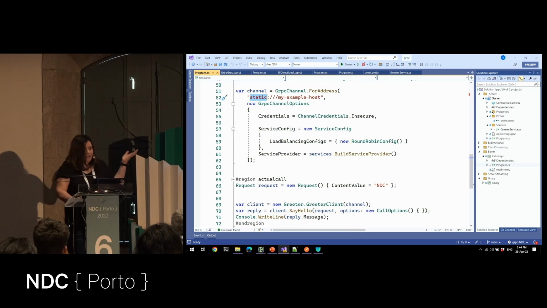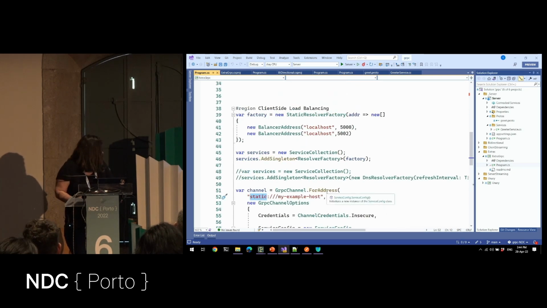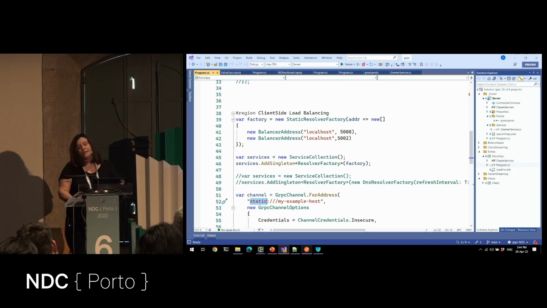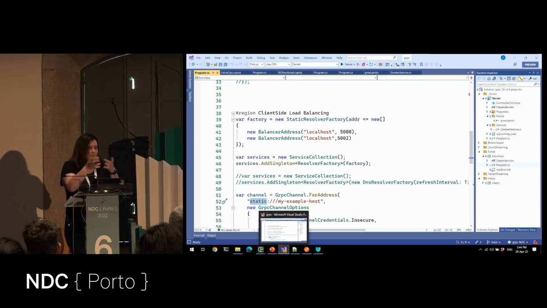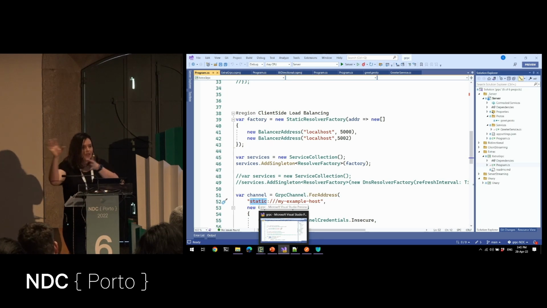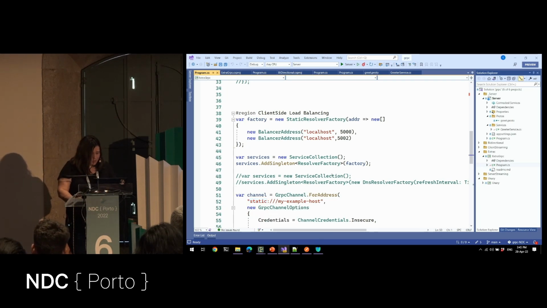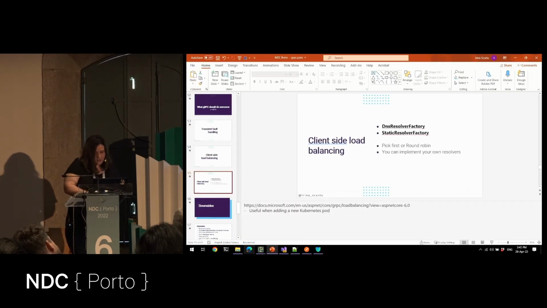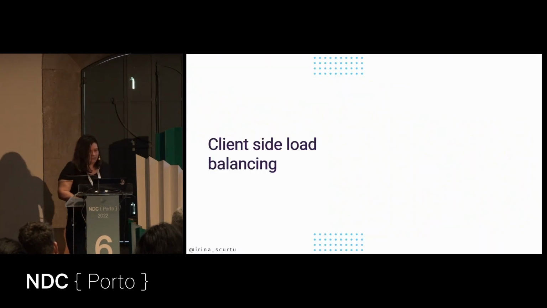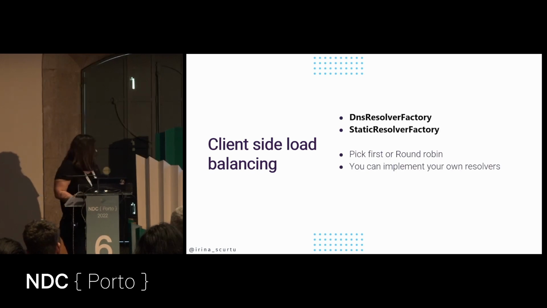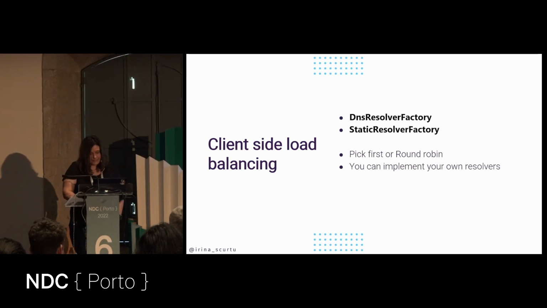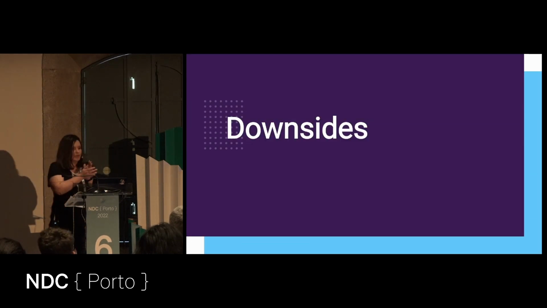So this is what out of the box .NET 6 gRPC does. This thing is pretty new, and I thought it's awesome that they implemented that. I'm thinking about Blazor scenarios, for example. How cool it is to have Blazor instances running in Kubernetes or whatever, and just spin up new instances and let the service connect to those. Okay, so policies that you can configure: pick first, round robin, or implement your own if that's the case. So pretty cool so far, gRPC.